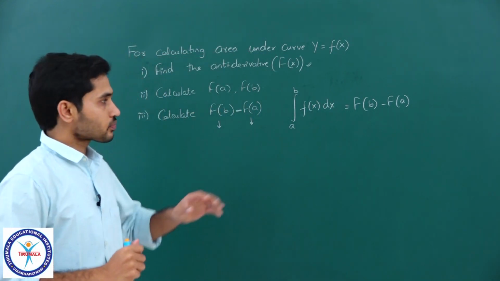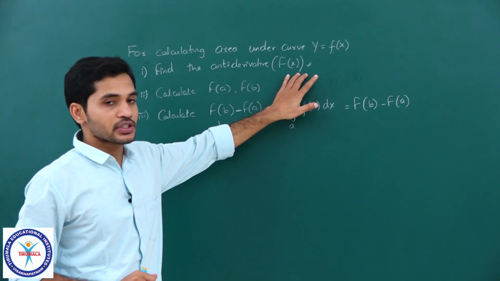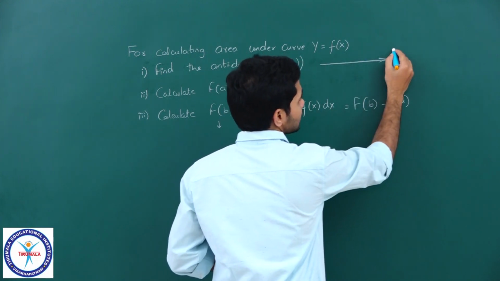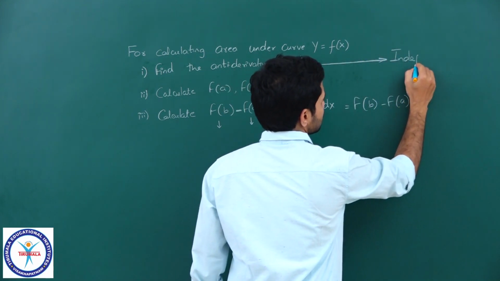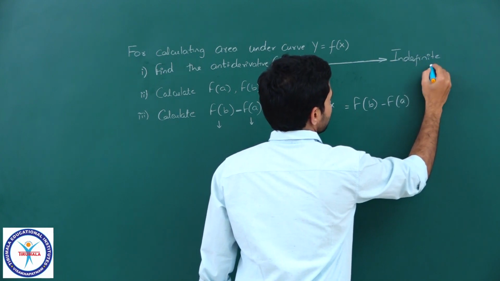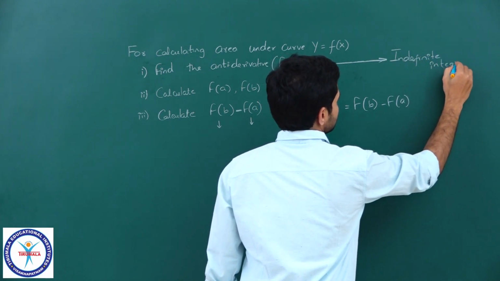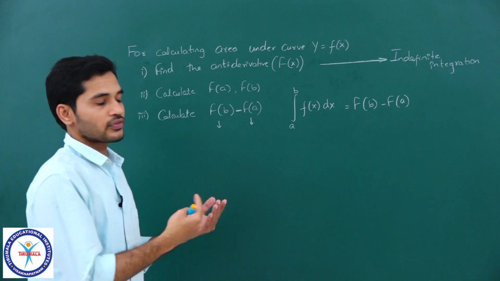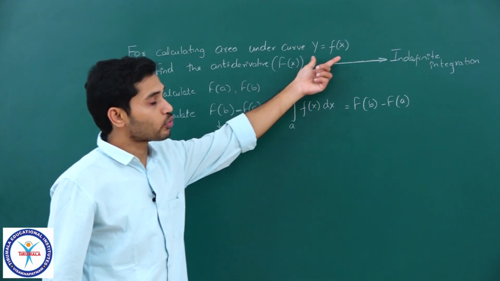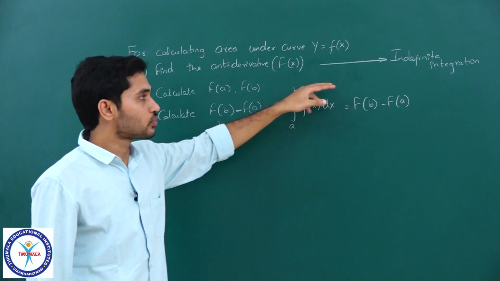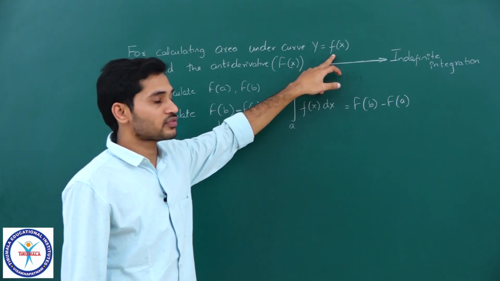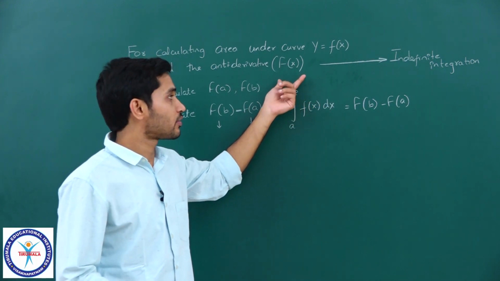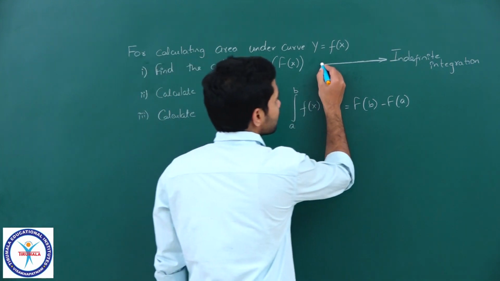Okay. So this finding the antiderivative of the function, there is another name which we will be giving for that. This step is what we call as indefinite integration. Clear? So that is just another name which we will be using. So instead of calling it as find the antiderivative of f of x, they can also ask you to perform indefinite integration of this particular function. So even then they basically are asking you to find out the antiderivative of that function, clear. So this is what we mean by indefinite integration.